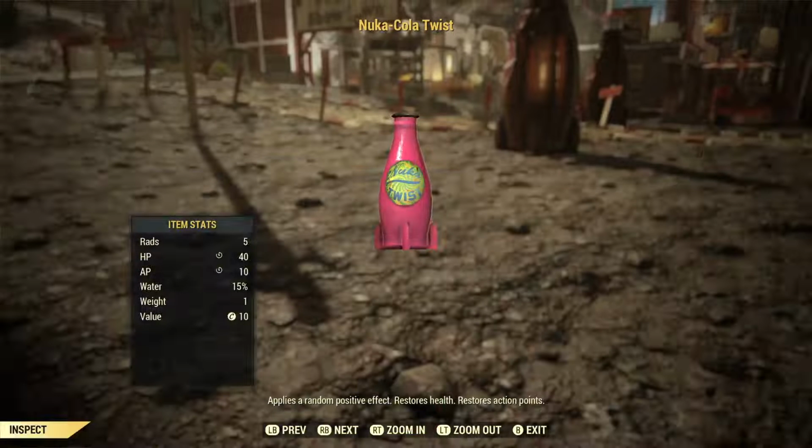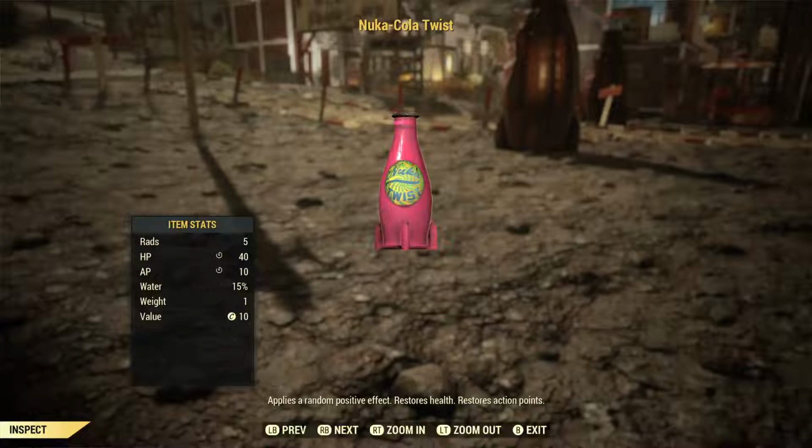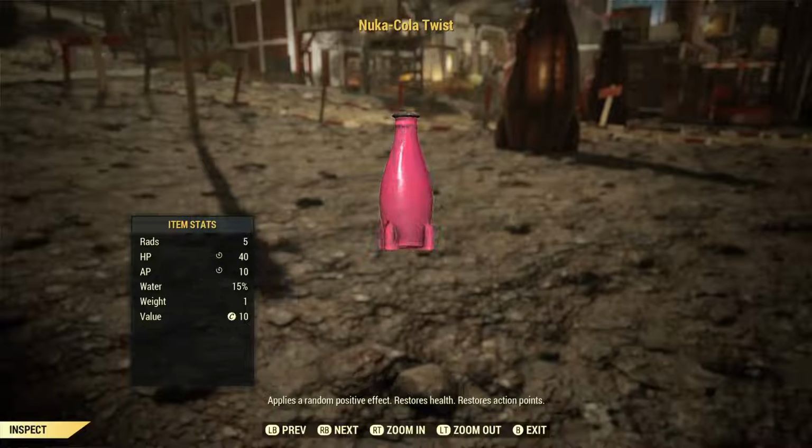So, looking at it, this is a Nuka-Cola Twist. The label, starting with that, it's kind of got this cool, like Vertigo-esque swirl going on there, and that's obviously some kind of reference to the twist element of it. And the color of the bottle, and I assume the soda itself, is going to be this kind of